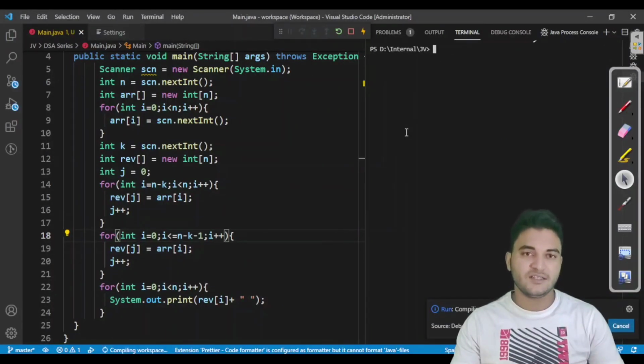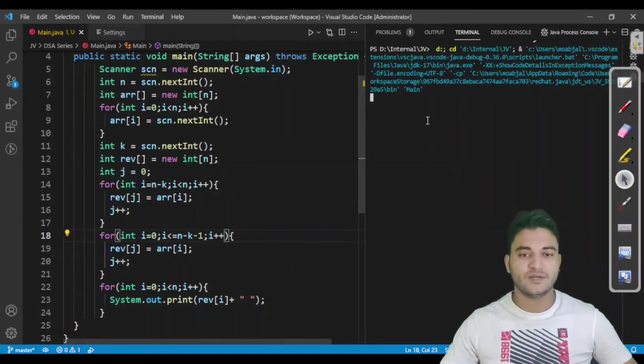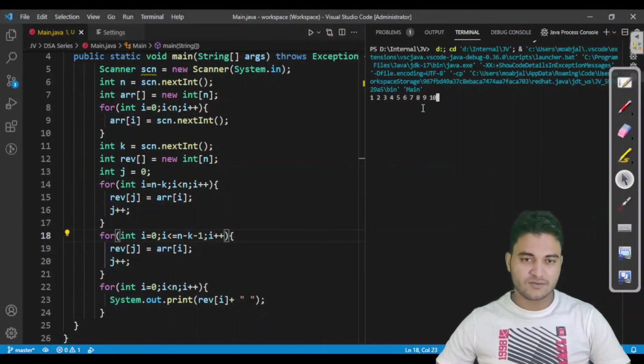In Java, the compiler is just picking up the main.java. It is not running the command javac to compile the program. It is just running the .class file. And if we have modified any file or any code, then we have to recompile it. We have to regenerate the .class file.